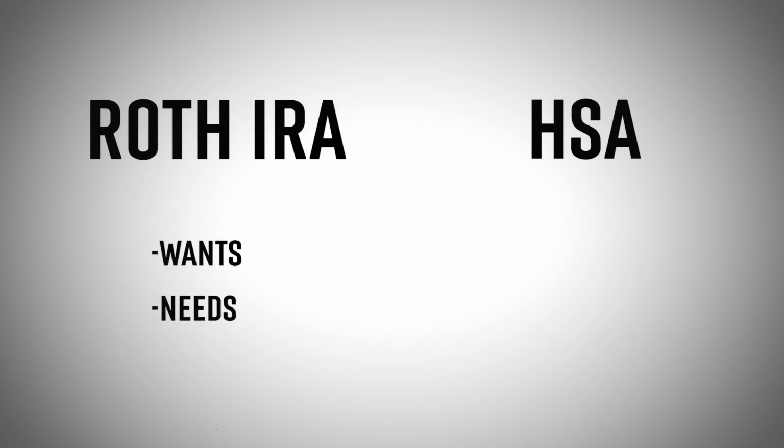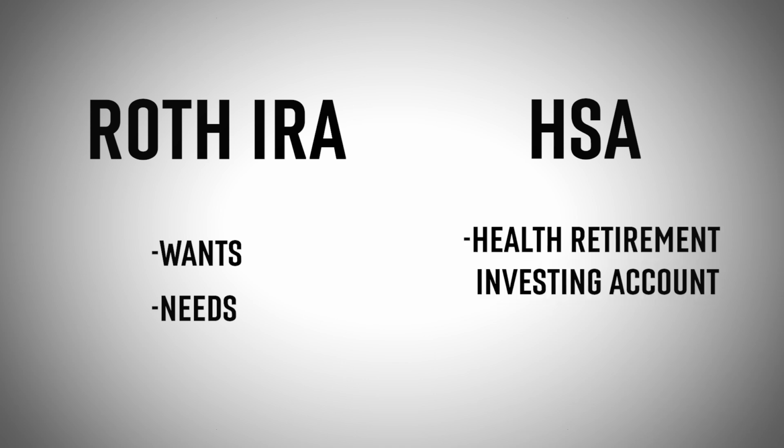So how I would look at this to take full advantage is a Roth IRA is for any wants and needs in your future for any expenses, and then use an HSA if you can for a health retirement investing account for any of your health related expenses. That way you don't need it from a Roth IRA or any other source if you do this properly. I will say, if you can truly take advantage of both of those, your future self will thank you 100 times over,